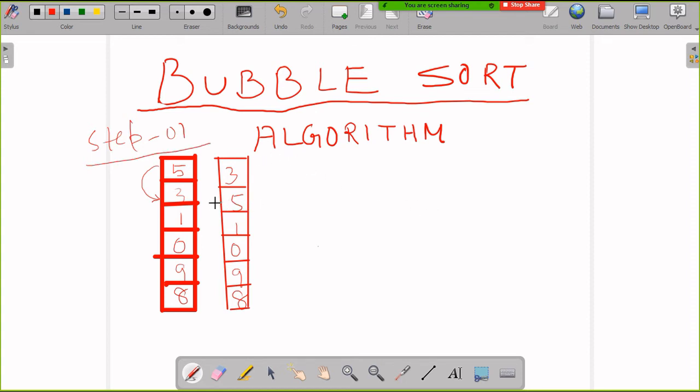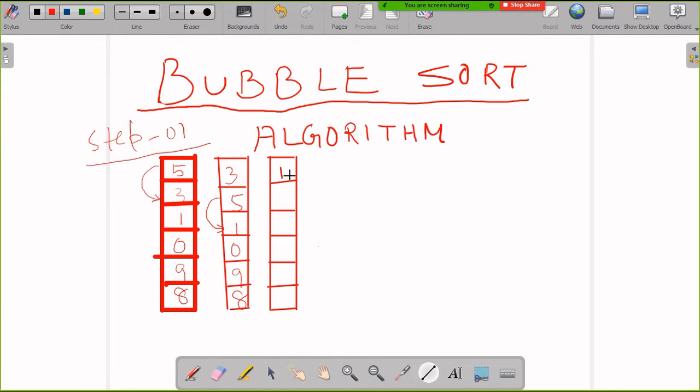Next, the comparison between the second and third element will take place. You can see that in this case there is also an interchange, because the first element is bigger than the second element.